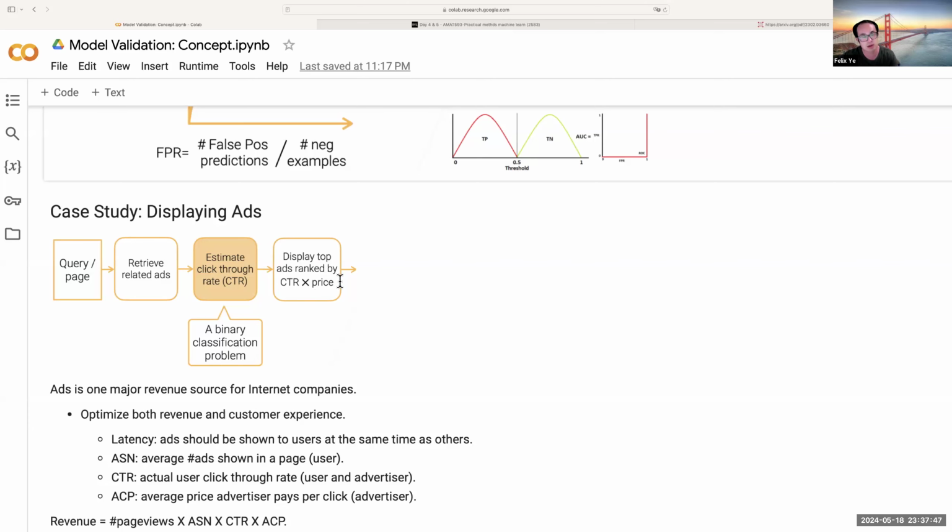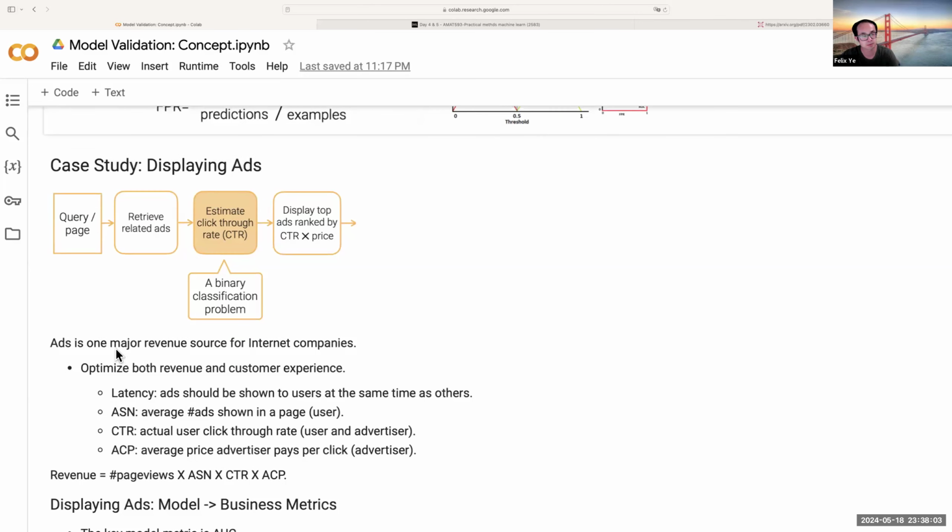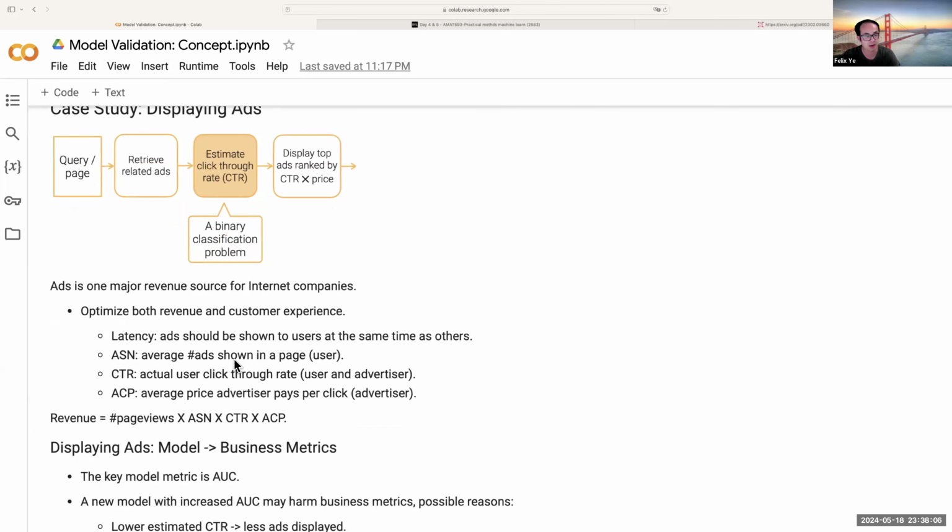This is something we are interested in maximizing, because we want to make sure CTR multiplied by the price is maximized as much as possible. Ads are basically the major revenue source for almost all internet companies, for example Google. CTR multiplied by the price is a very important metric, but that's not the only metric, because we need to optimize both the revenue and the customer